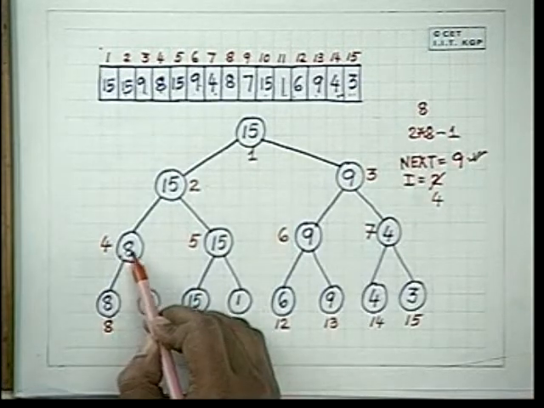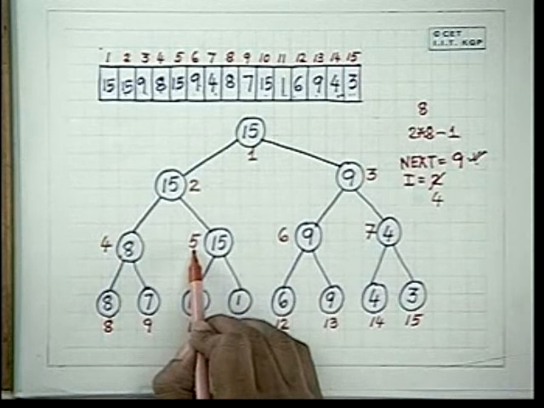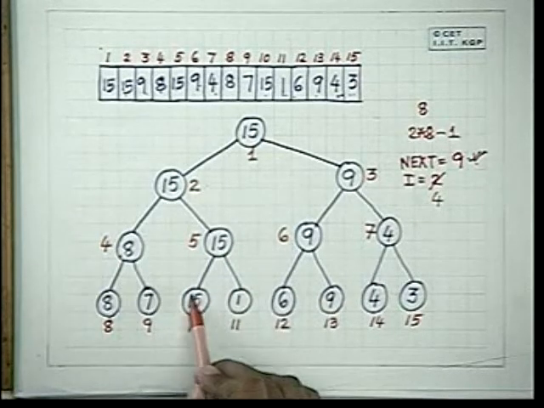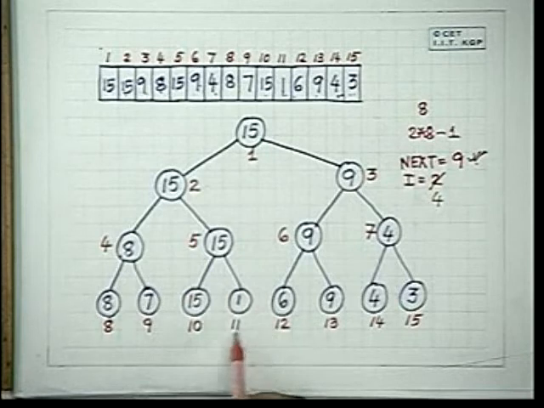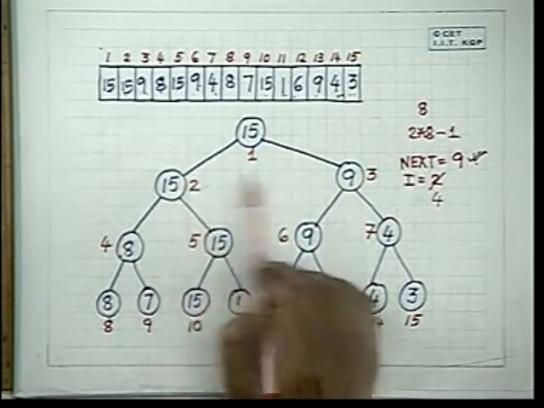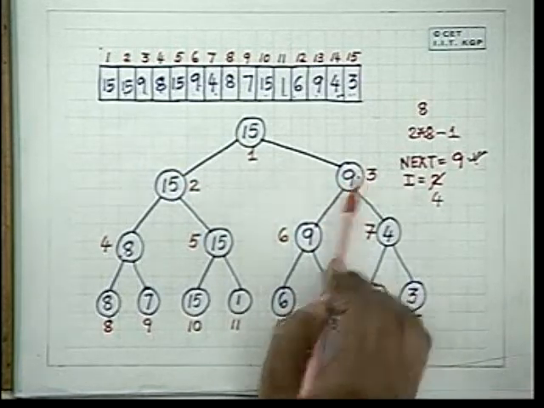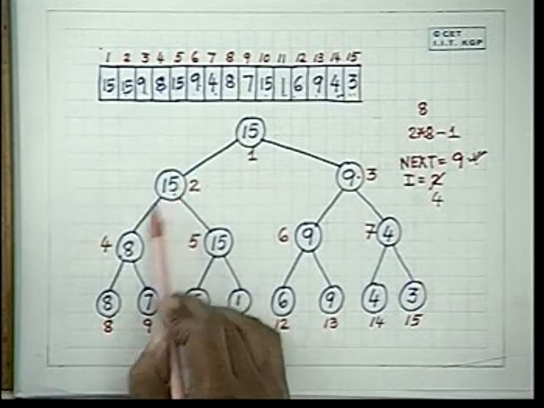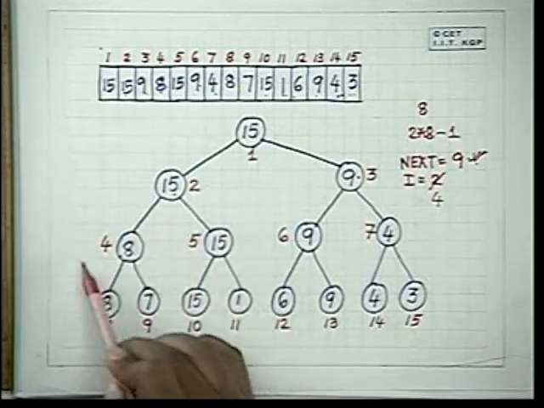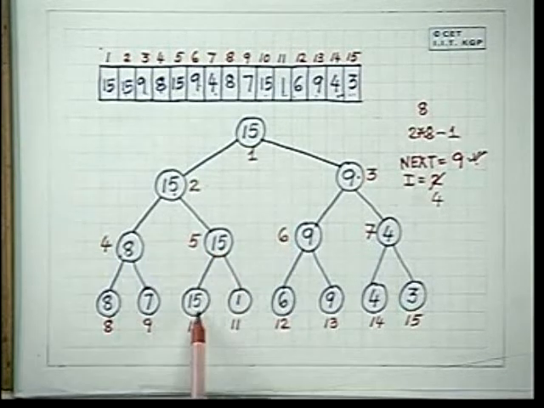That is, the smaller of the two, 8, is compared with this. The index of the larger of the two is doubled to find out the other two locations. So we first compared these two, then compared with this one. Then we came here, jumped, found the other two which are to be compared, saw this one, and then again we jumped and saw this one.